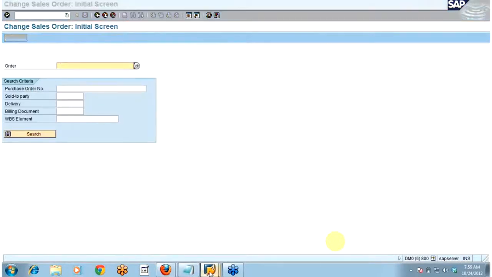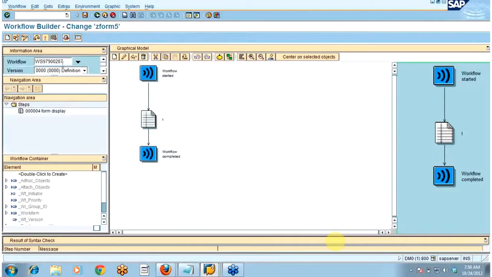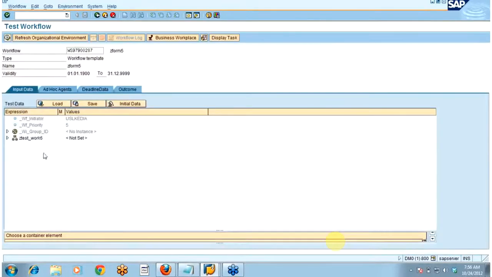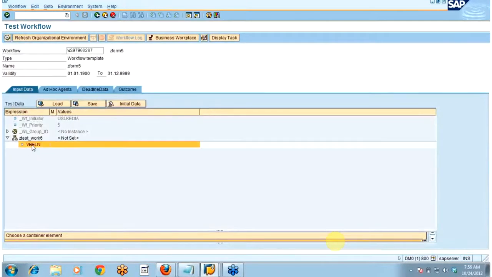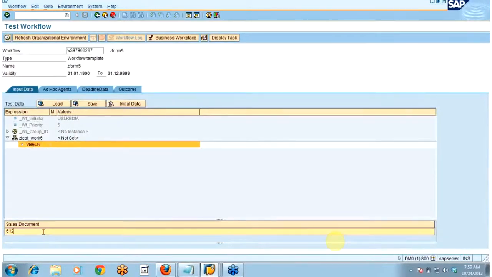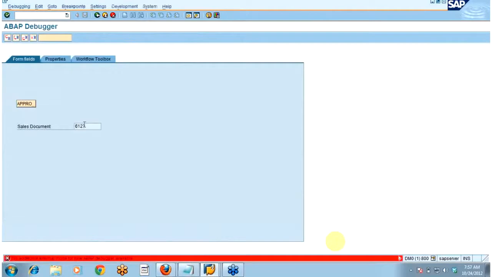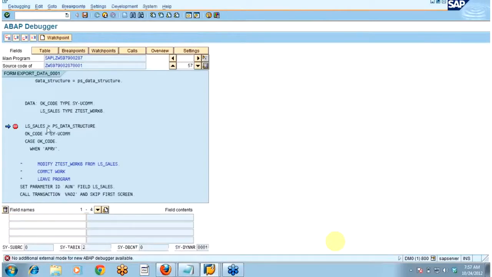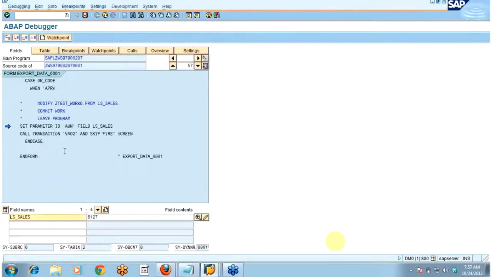Six one two seven. Okay. So let us see what we are having in LS sales. 6127.